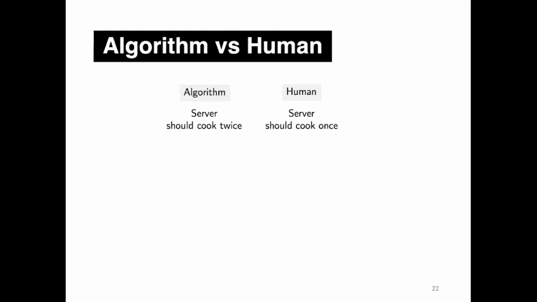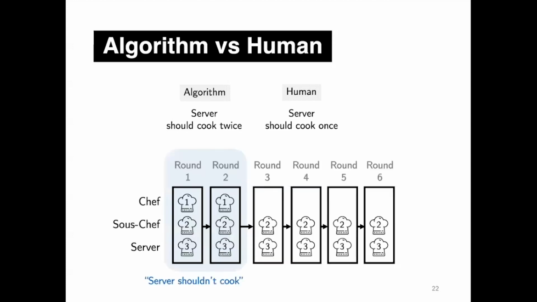I want to highlight here some interesting observations about human learning. The 2 tips here are pretty similar, and humans are correctly recognizing that the task distribution has to change after the disruption. In the first 2 rounds with 3 virtual workers, people have potentially learned each worker's skill level and formed a strategy based on that knowledge. So likely they'll learn that the server should not cook. So when the chef was gone, people initially stuck with the old policy, but after 4 rounds, they started to realize that the server does need to cook. So they're saying, okay, let's change it a little bit. Eventually, they allow the server to cook once.